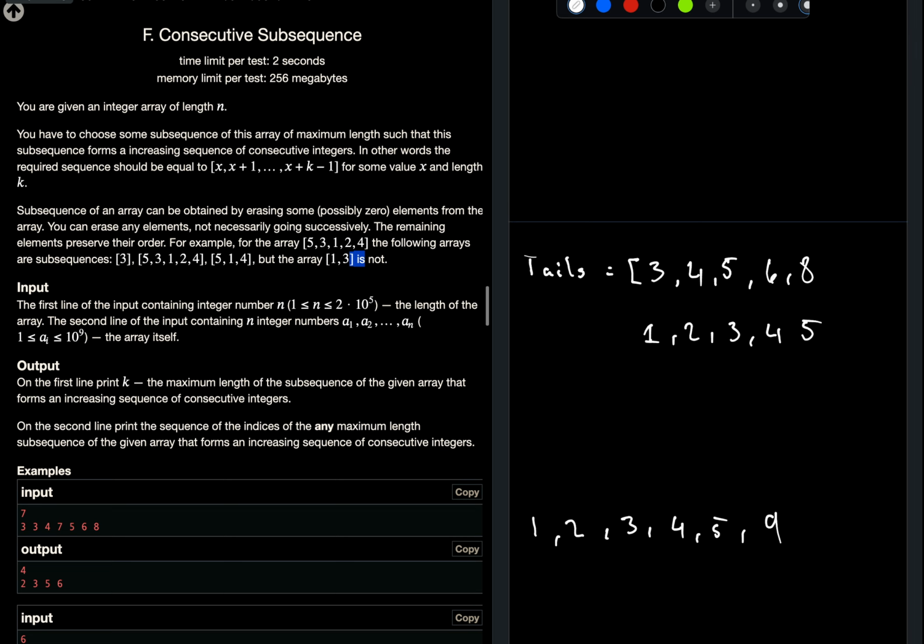The reason why we can change it there is because, firstly, it doesn't change the overall length of the largest subsequence. But if we just found a 1 and we added the 1 where the 3 was, right? If we find a 9,